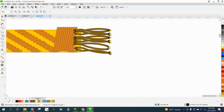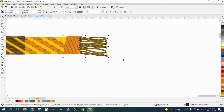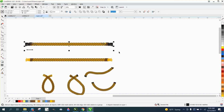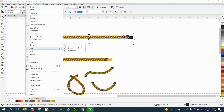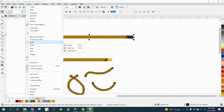This is really pretty simple. And just put it down in there wherever you want it. I'm not going to take a lot of time. But then I would group it all together, Control G. And now we're going to make a new brush stroke with this. So make sure it's the only thing selected. Let's get rid of that little piece right there. See, that's part of the group. So I need to ungroup it, get rid of that little piece, then group it again, and then get the Artistic